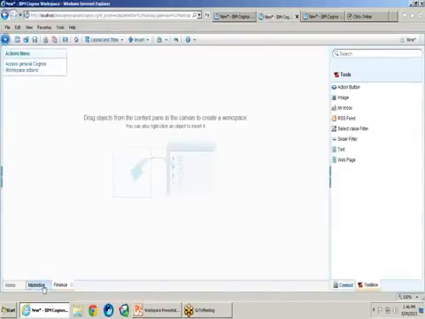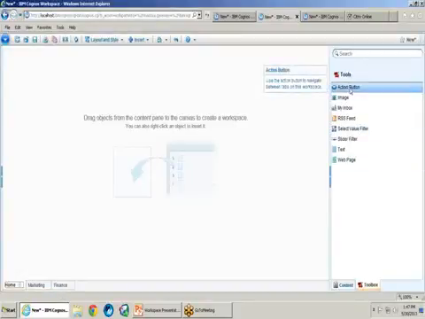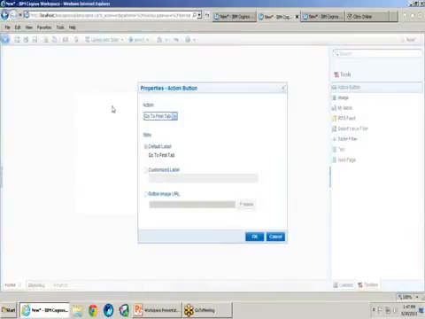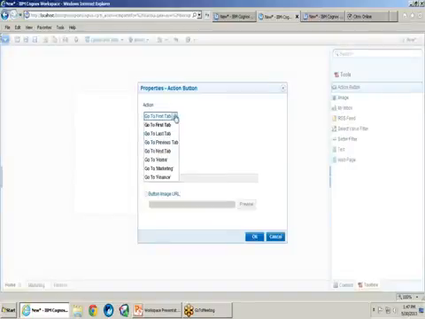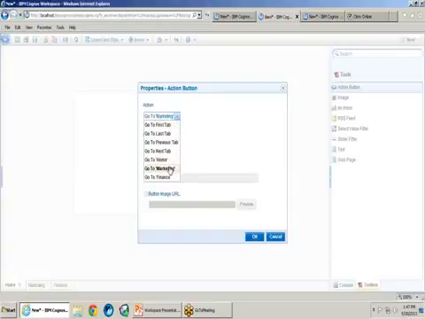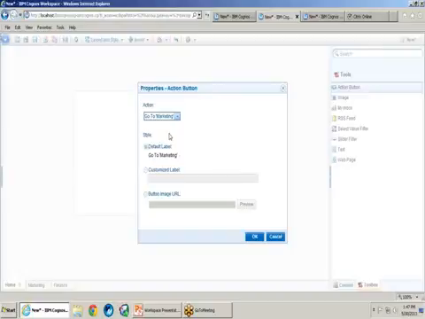Now I have the option of navigating along the bottom left-hand corner of our screen between our tabs by just clicking on the tab, like you would in a Microsoft Excel document. But I also have the option of creating this home page and an action button, so that if I'm a user for marketing, the home screen is going to pop up when I open my workspace, and then I can click on my marketing button on this landing page and go directly to the information that I'm looking for. So from the Actions button properties, I can actually select Go to Marketing for this button, which will make me, when I click on the button, go to the Marketing tab. I can give the button a customized label,